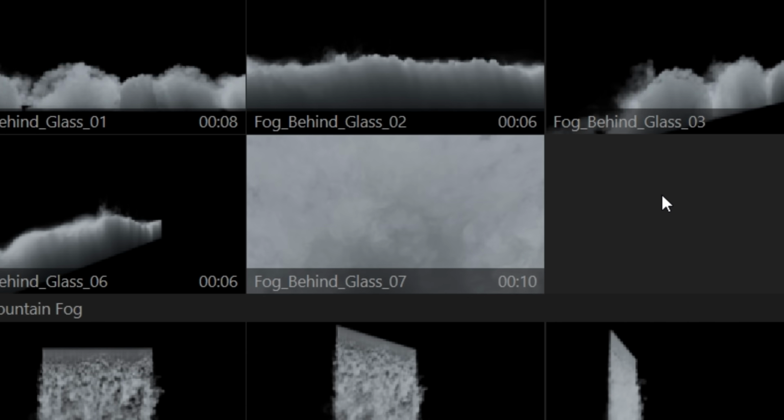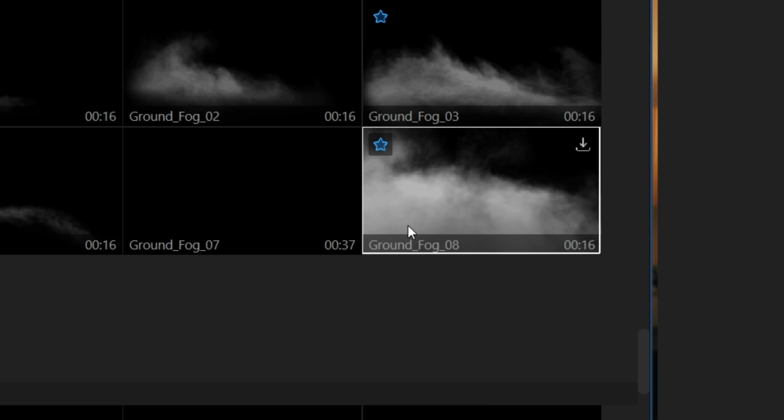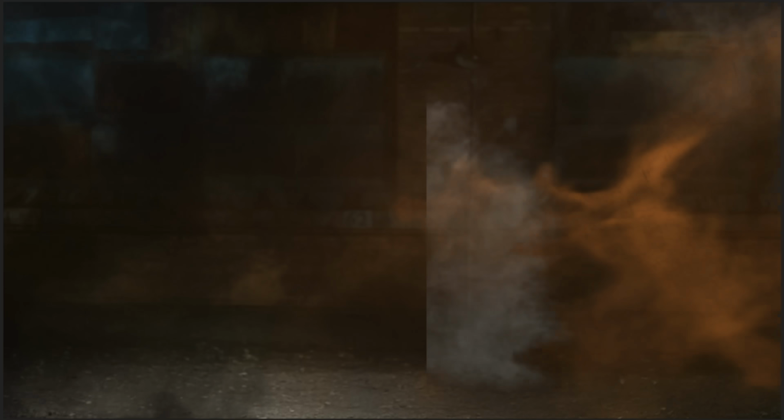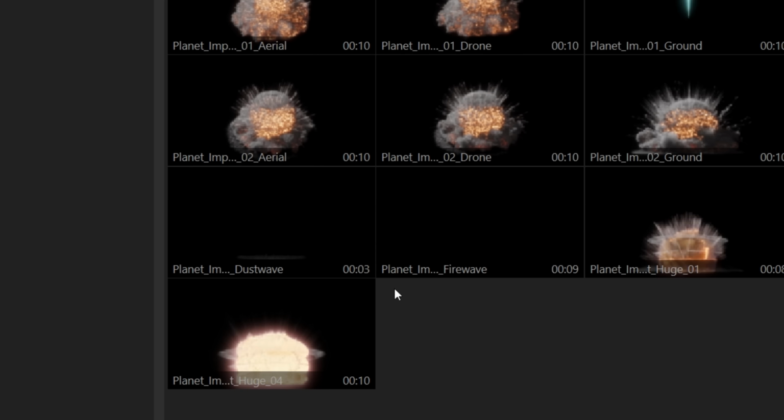We also wanted to layer up a bunch of elements between the fire and background, like this fog behind glass, which we tinted warm and lowered the opacity, then this ground fog and dirt impact close with the same applied, and we found this jet stream asset in the dust pack, which works great for smoke after we tinted it black. We also used this planet impact dust wave at the start